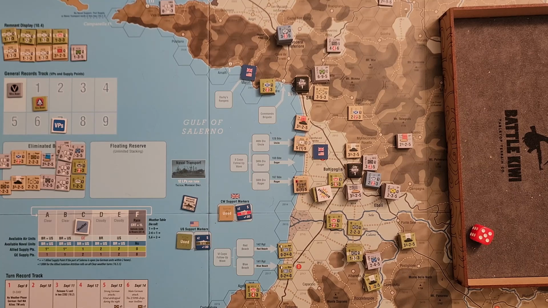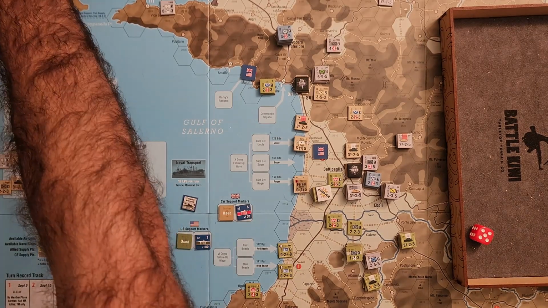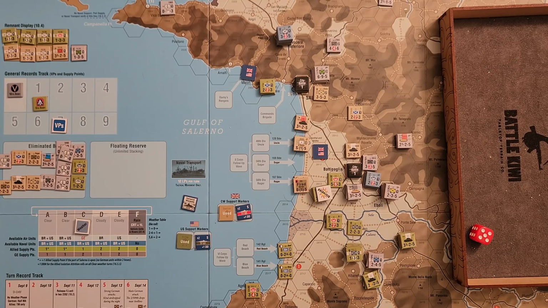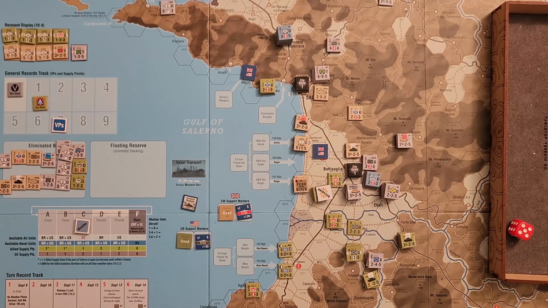The Germans somehow win the ugliest Operation Avalanche I think I've played yet. But of course that had to have happened because I'm recording. So with the Germans holding Altavia, it's not really worth playing the rest of the turn because the Allies only have 7 victory points. So if this were going to keep going, I think the Germans would be kind of boned, to be honest,